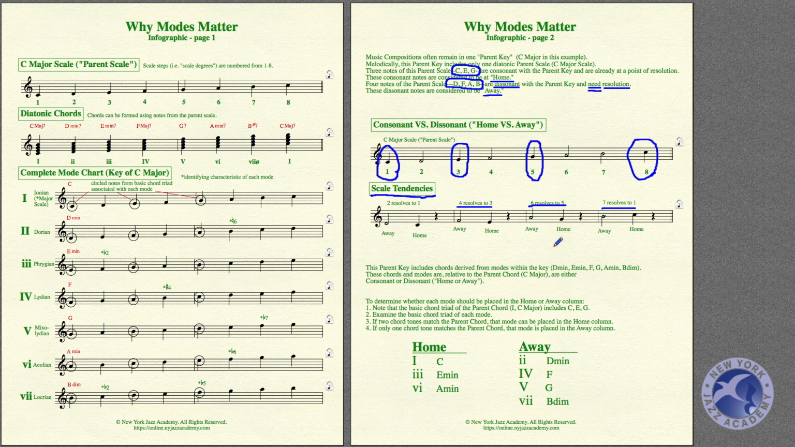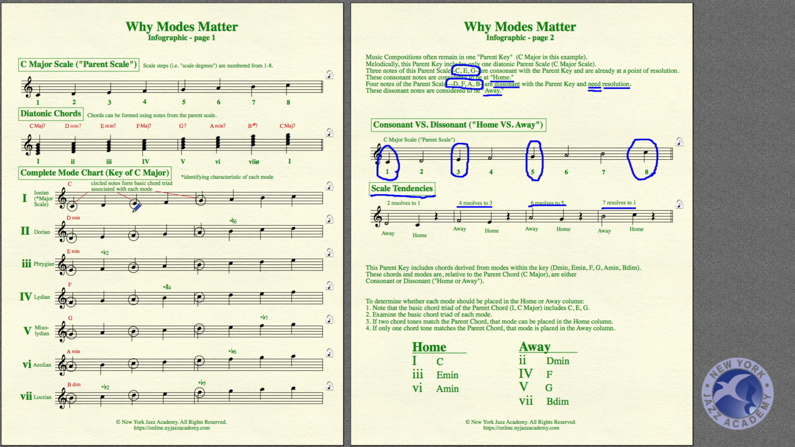What would happen if we tried to resolve down? We go like this. 7, 6, and 6 would still be clashing, it would still be dissonant. So we could do this. We could go 7, 6, 5. Some melodies do that. What we end up with, and we're getting to why modes matter,